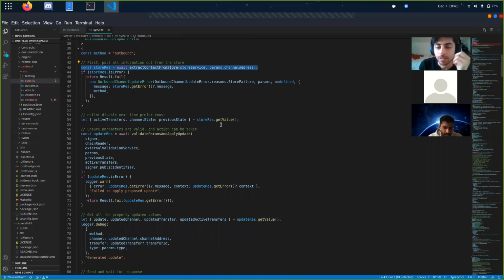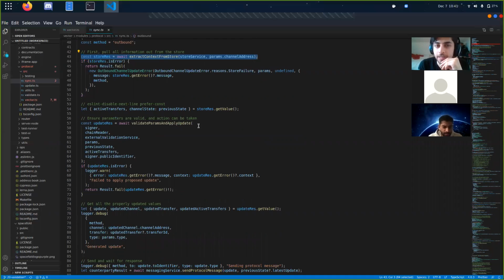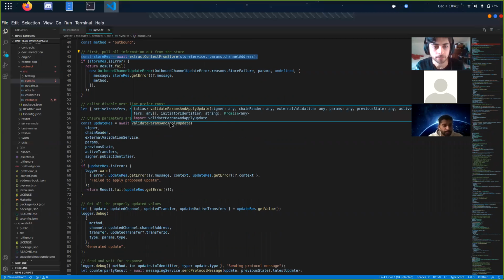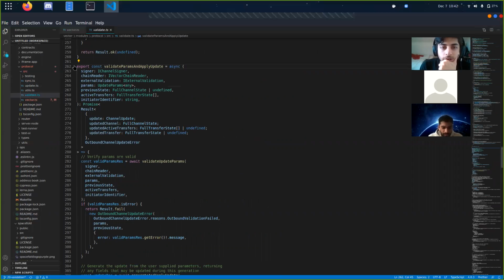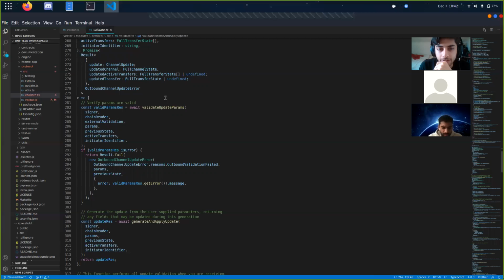Then we validate the params and apply an update. So we basically take in the params that we passed into this function and then create an update from it. Could jump into this function really quickly. So validate params and apply update takes in validate update params,